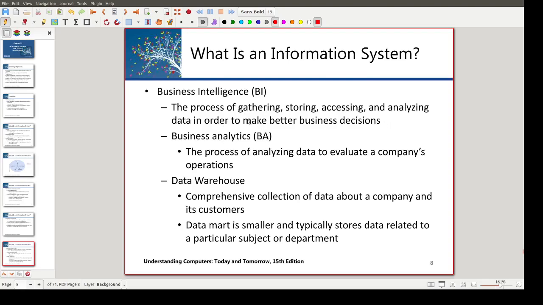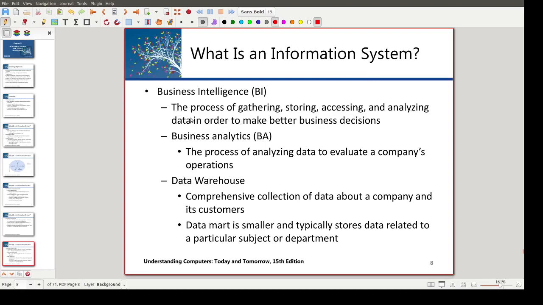It is under business intelligence. It is the process of analyzing data to evaluate the company's operation. So if you do this business analytics, you might find some gaps in the processes, and you would like to enhance them. Data warehouse. So this business intelligence, if you look carefully, is the process of gathering, storing, accessing, and